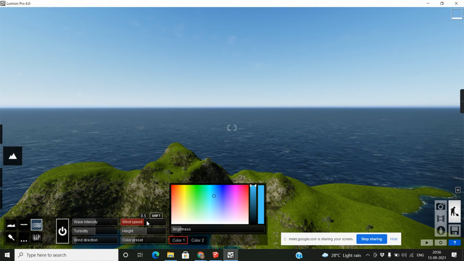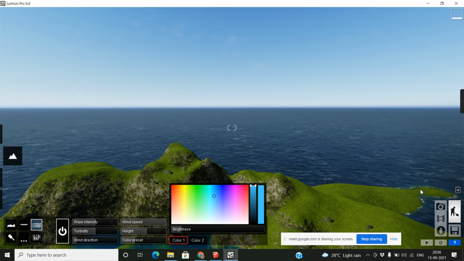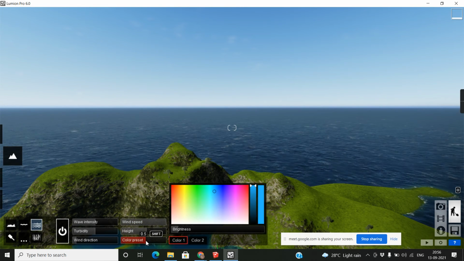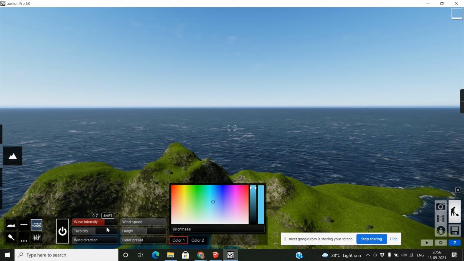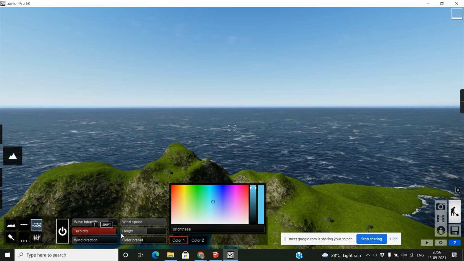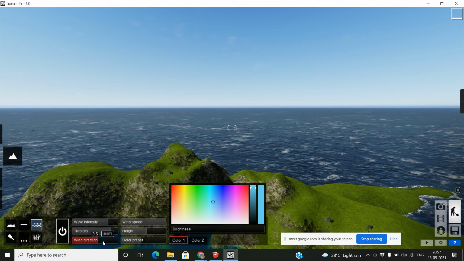This kind of ocean. Wind speed. Look at that. Color preset. And this is wave intensity. Turbulence. Wind direction.